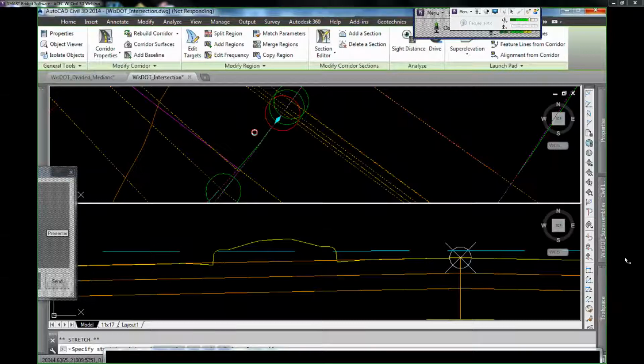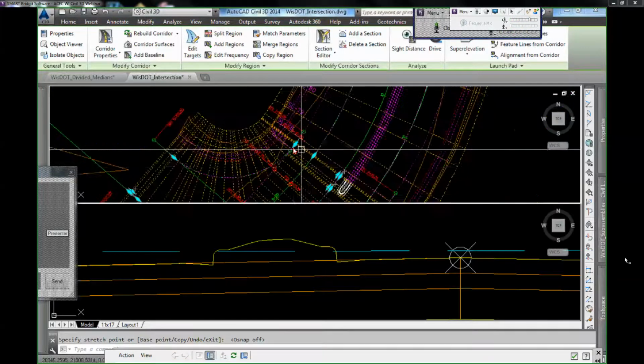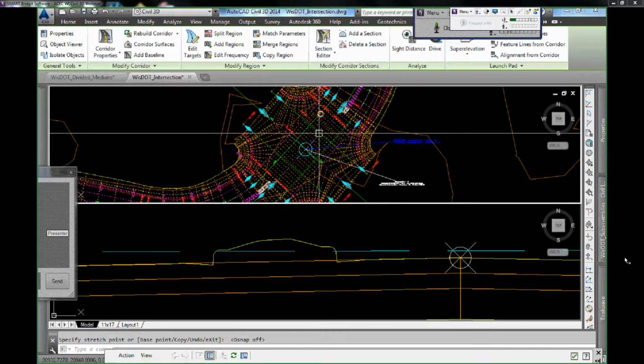I'm adding just a teeny tiny gap there. It's not going to affect anything. And there it cleans it up. So now,